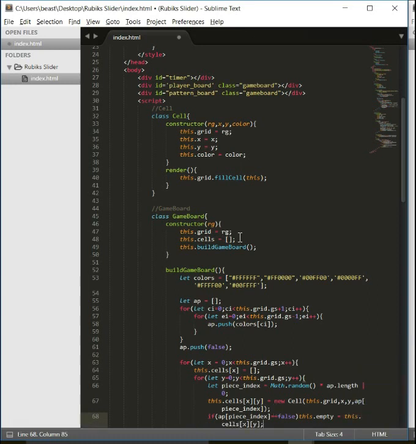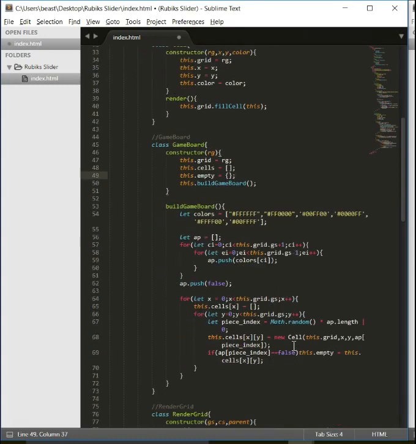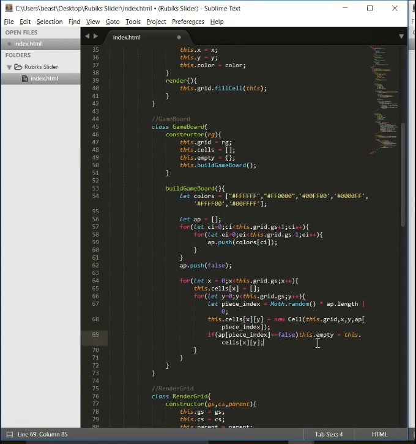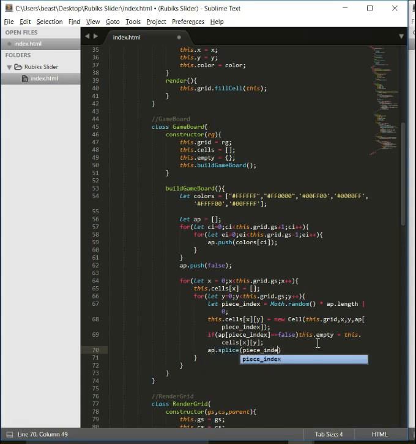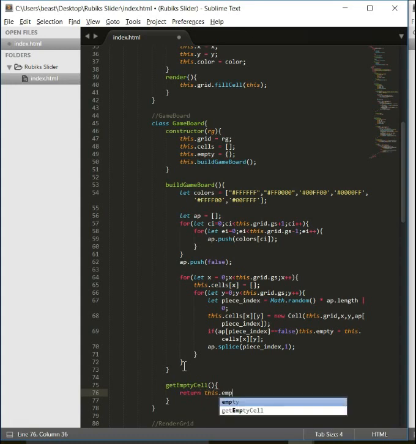Now we can come up here and add this.empty, set it equal to a blank object just to start. So now we're setting the empty piece. Then finally we will splice from our all pieces array the piece index, so that we don't reuse that piece, because if it's out of the array we won't have to use it again. Alright, next thing we have is a method called getEmptyCell, and this will return that empty cell. So we'll just return this.empty,